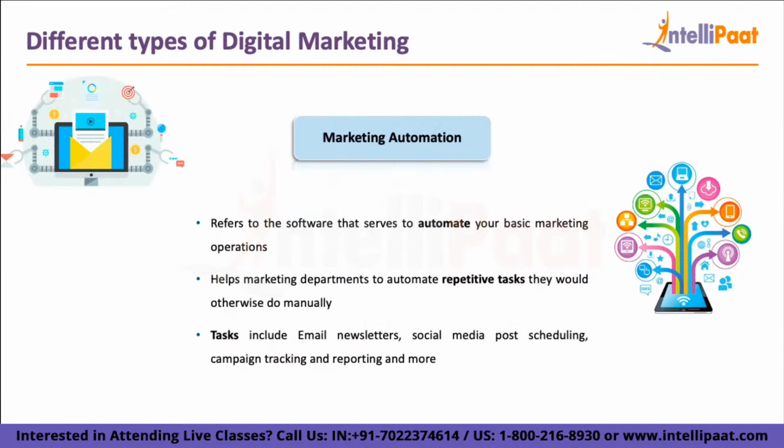Then you have something called marketing automation. Now marketing automation refers to a marketing strategy wherein you plan whatever you have to send out to your customers, right? It could be on a certain date, it could be on a certain action, that if a user performs this action, then this is the email which has to be sent to him, or this is a notification which has to be sent to him. When you automate all these actions, the workload for your marketing team becomes very less, because then they can plan out other things that they have to do in order to make your product a success, right? And marketing automation is a core of any marketing team working across the globe,